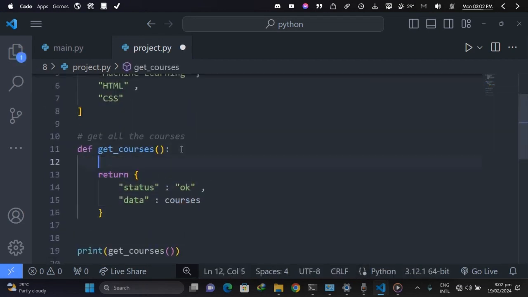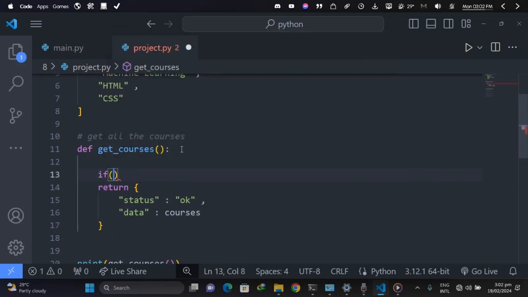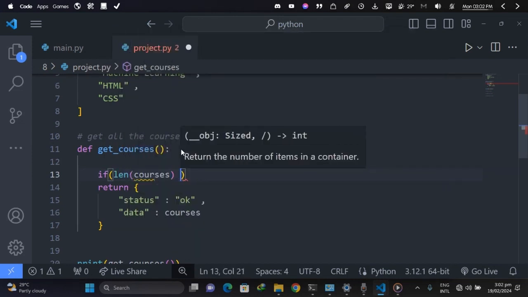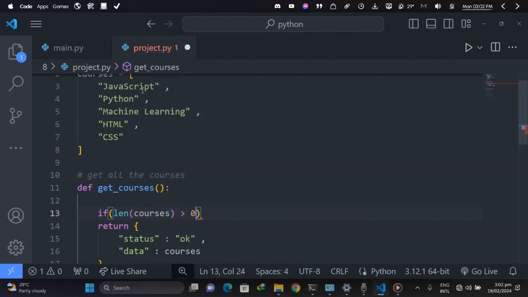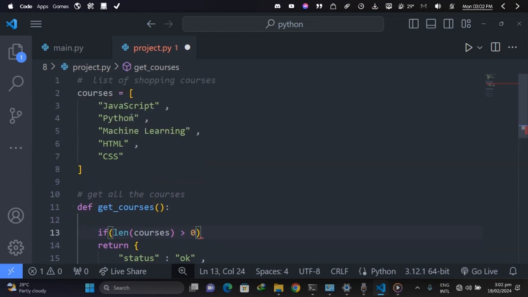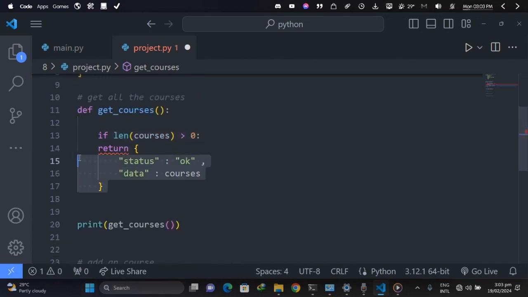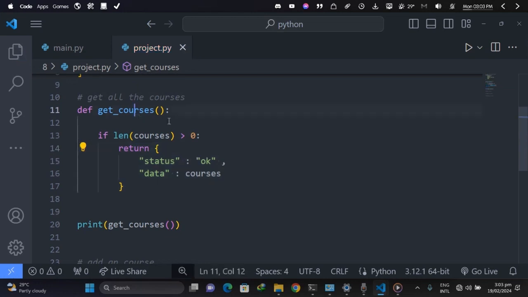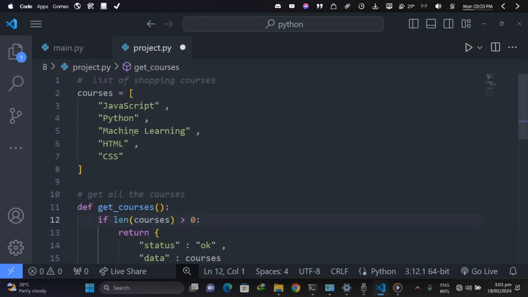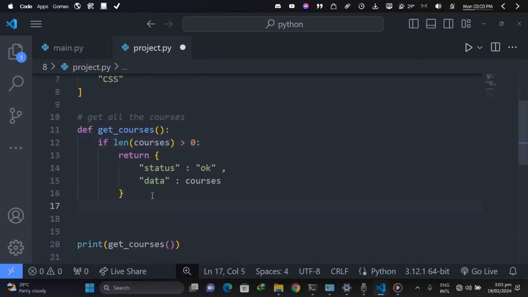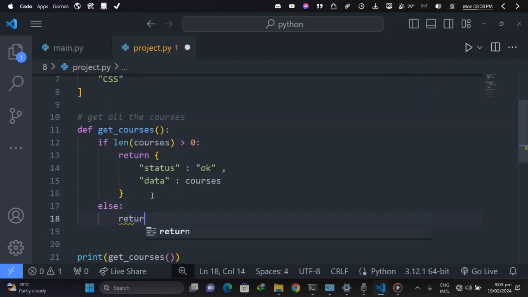So we can then return this. Maybe we can have an if statement over here. First we can check the length of the courses. So if the length of the courses is greater than 0, that means if we don't have an empty list, oh my God, I'm writing JavaScript code. So remove this, and then we'll have our colon. Now let's indent this. So if the length of the courses is greater than 0, then return this. Else we'll return